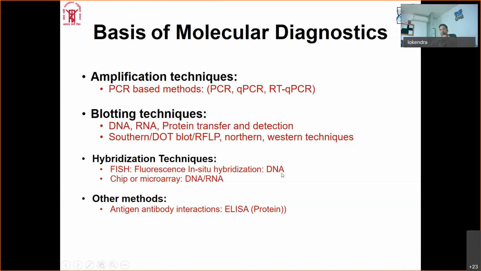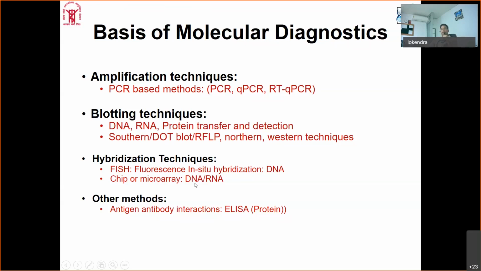If there are chromosomal aberrations, a chromosomal translocation, or any defect in the chromosomal pattern, which can lead to genetic disorders or genetic syndromes, that can be identified classically by karyotyping, and now in a more advanced form we use FISH, fluorescence in situ hybridization. So this method is the conventional method or a modification of the conventional method.